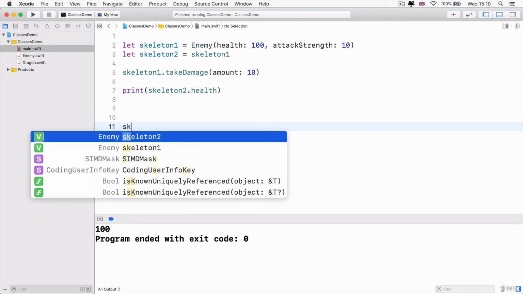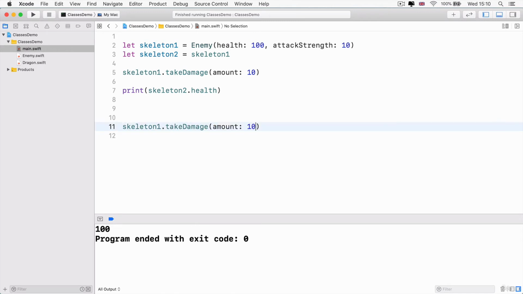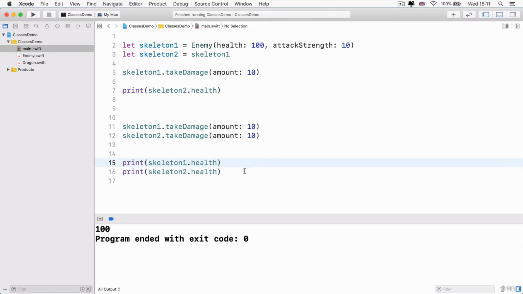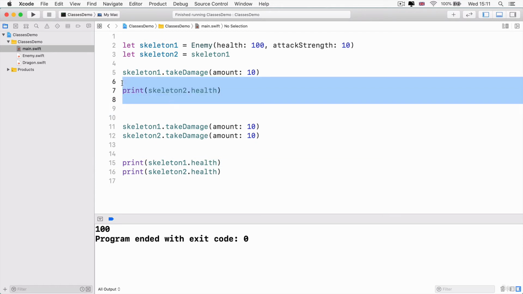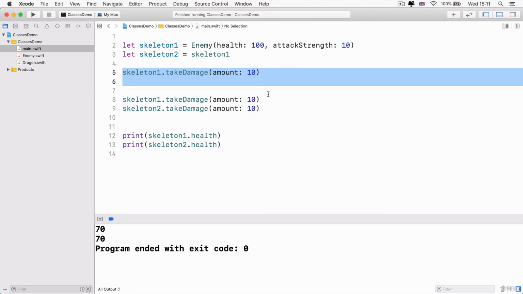And if we manipulate that object from skeleton 1, say take some damage of 10, and we manipulate the object that we think is a separate object, we take some damage. Well, actually, what ends up happening at the end of the day is that both of these things are referring to the same thing. So if I print my skeleton1.health and skeleton2.health here, you can see that they're both going to be the same, and they in total took 30 damage,